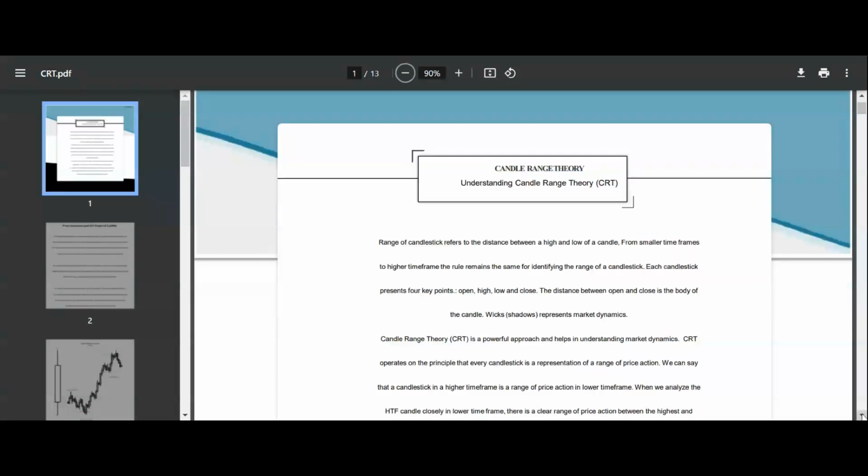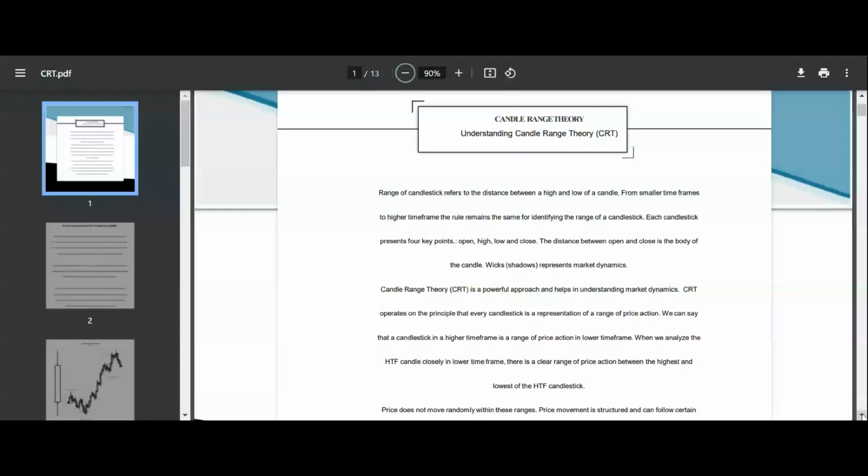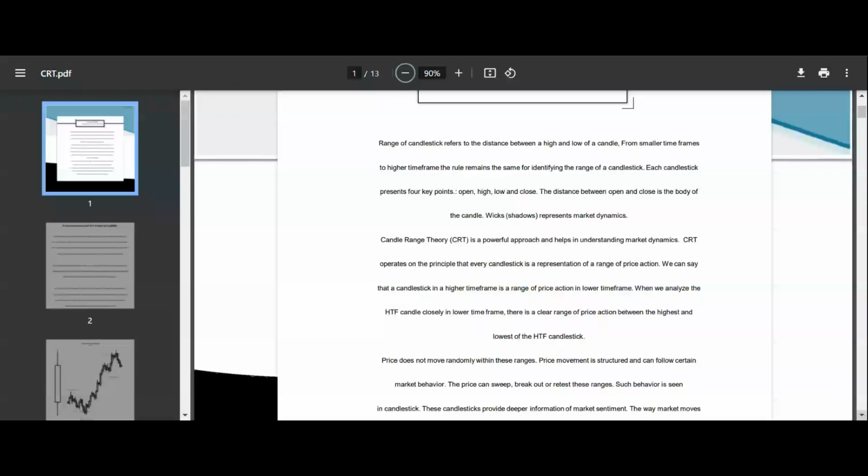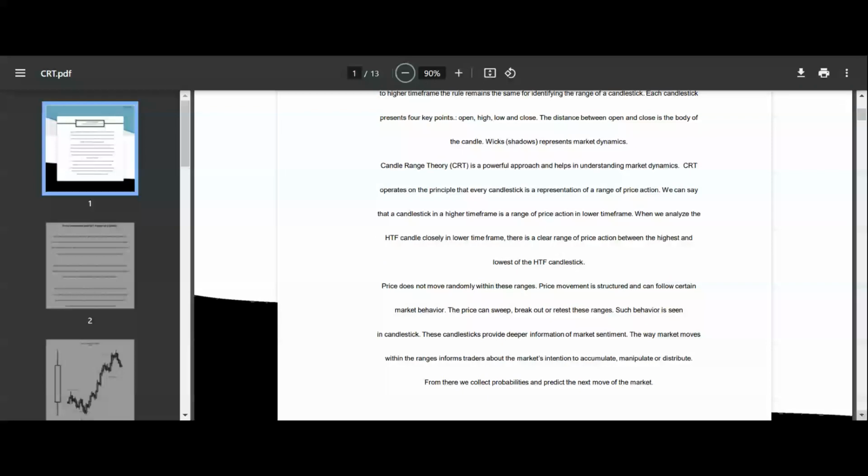In understanding CRT, you need to understand the relationship between the higher time frame and the lower time frame. A sync between those two time frames is what will help you understand CRT. And to understand CRT, or to trace CRT perfectly, then you need to understand